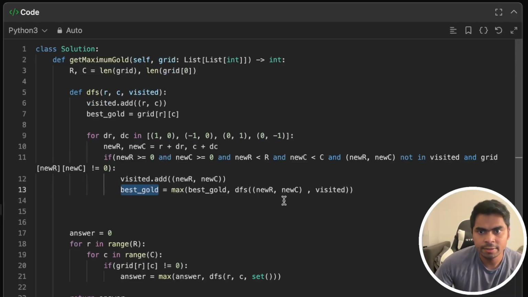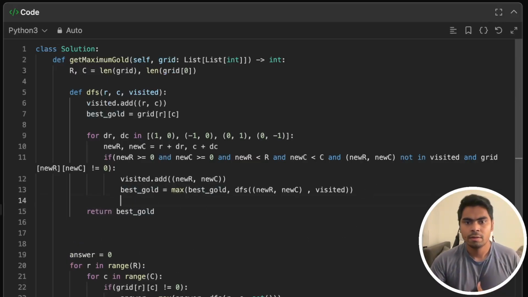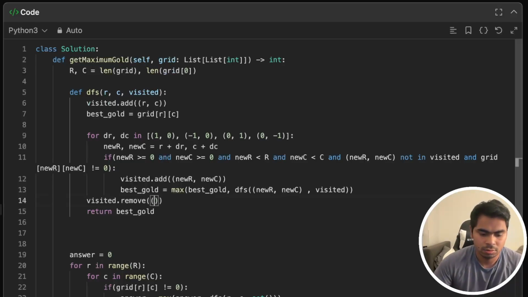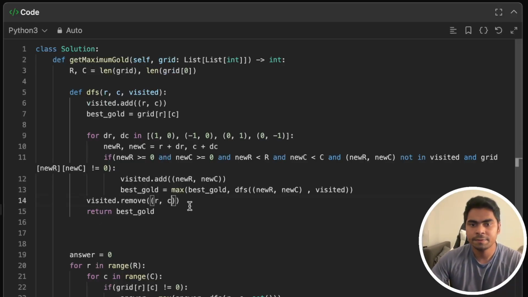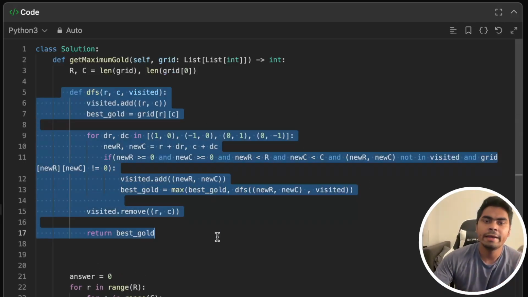And then finally I will return this best gold, but before that, here I will be removing this from my visited set. What am I removing? I'm removing this R and C pair. The reason is because this DFS will only run once, and what it's trying to do